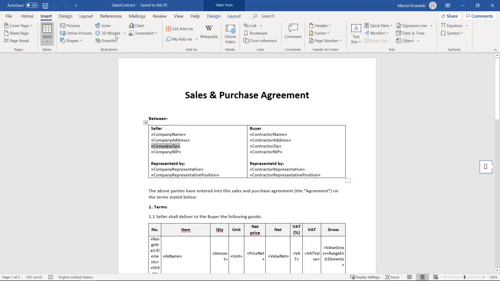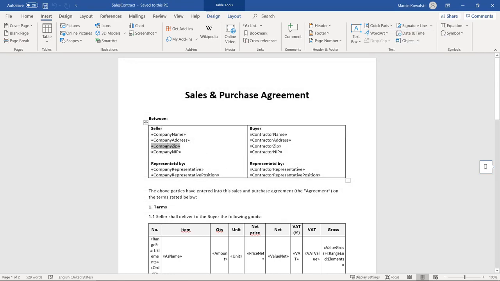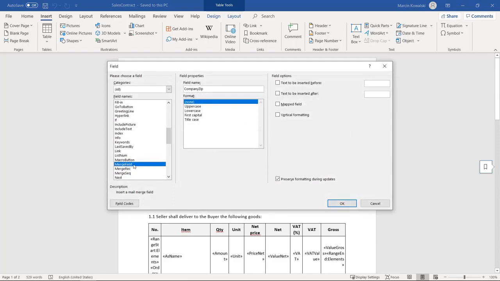So insert, quick parts, and now the field. What we'll be using most of the time is a simple field called merge field. So you just insert merge field, then you enter the code of that field exactly the same as on your